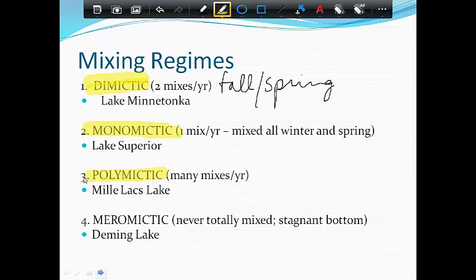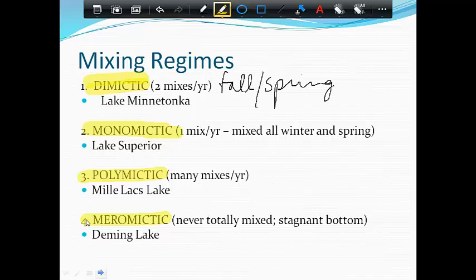Third type is called polymictic. Again, pay attention to your prefixes. Poly means many. So a lake that mixes many times throughout the year. Mille Lacs Lake is a great example of this, being such a large lake and a deep lake. It mixes quite often. And then the last type, which is probably the rarest in Minnesota, is called a meromictic